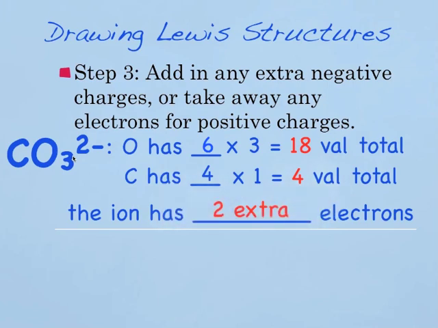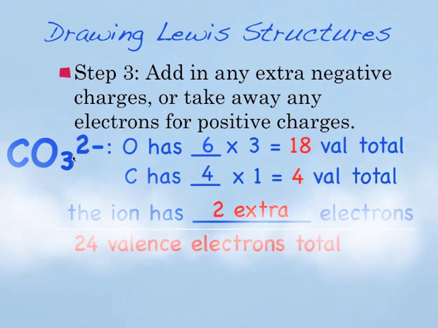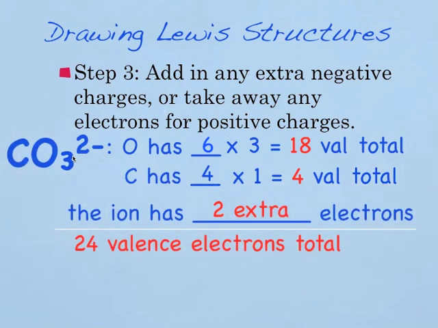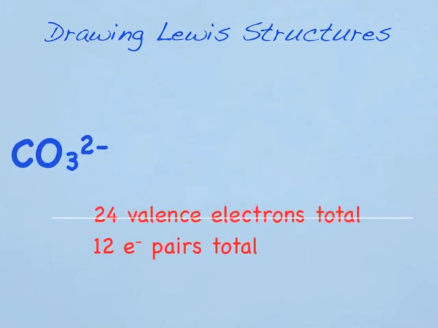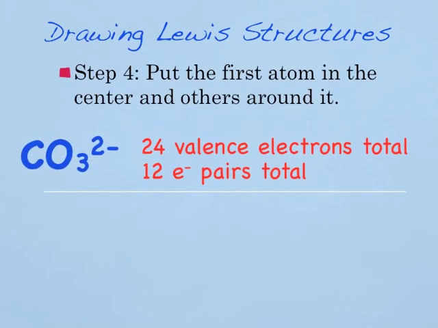And when we add all these numbers up, 18, 4, and 2, we get 24 valence electrons total. Let's divide that by 2 to get a smaller, more manageable number of the electron pairs that we need. And that's going to give us 12 electron pairs. Now with this information, 24 valence electrons total, or 12 electron pairs, whichever way you'd like to think about it,